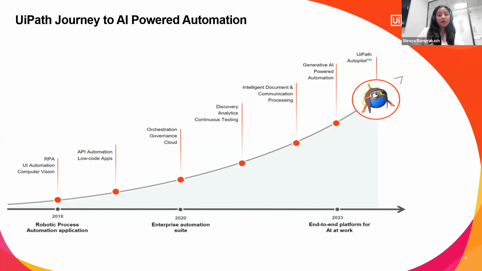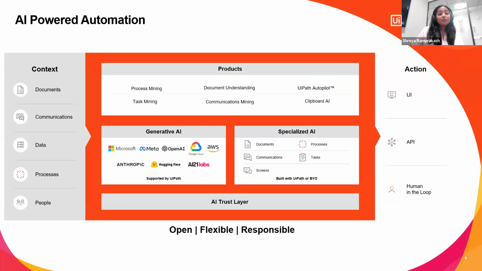As the years passed, we delved into multiple technologies and came up with a lot of other products and solutions. And now finally, we have also ventured into the AI space, and that is where Autopilot was born. That is what we are going to be looking into in this session as well. Before, we were just doing automation, right? UiPath was known for its automation, but that's not the case anymore, because now we are going to be known for our AI-powered automation.